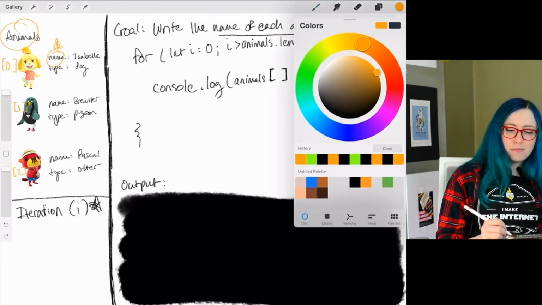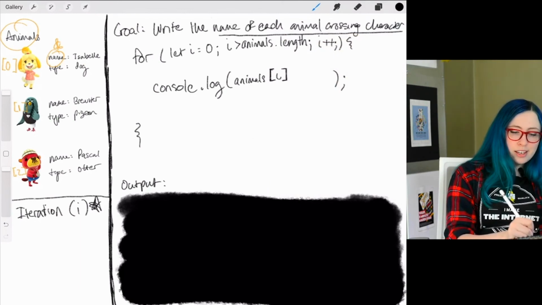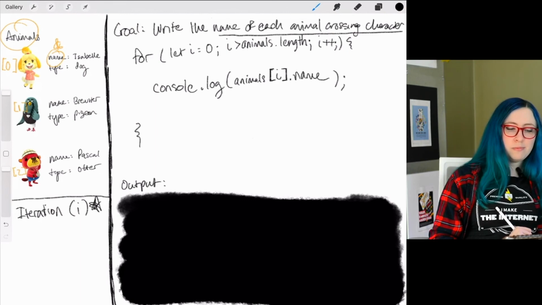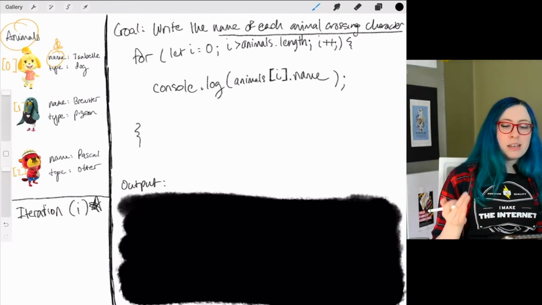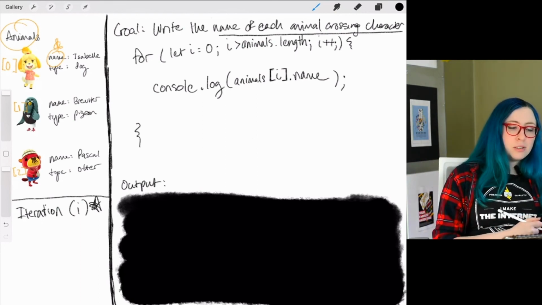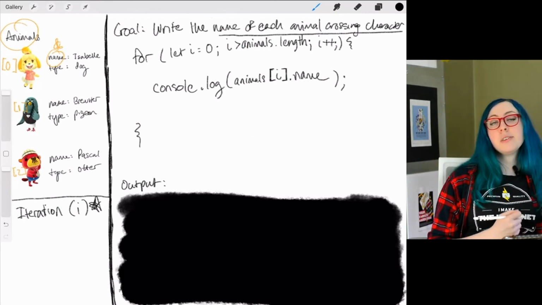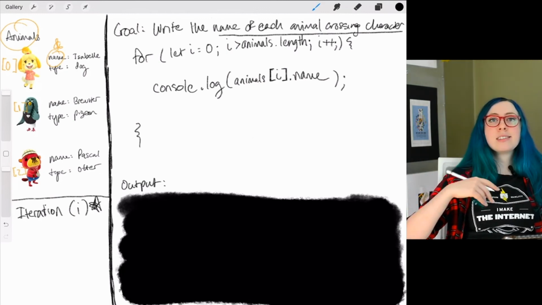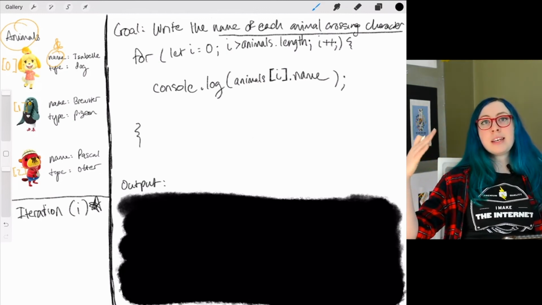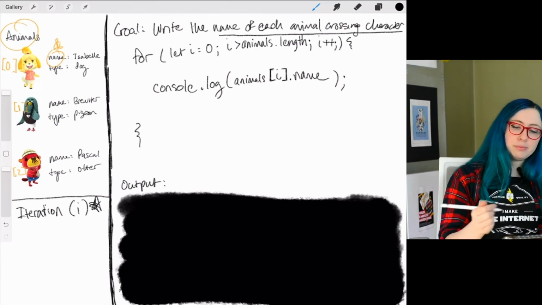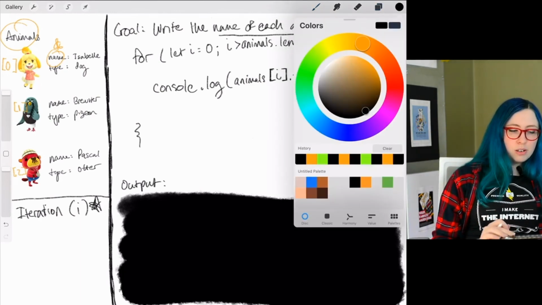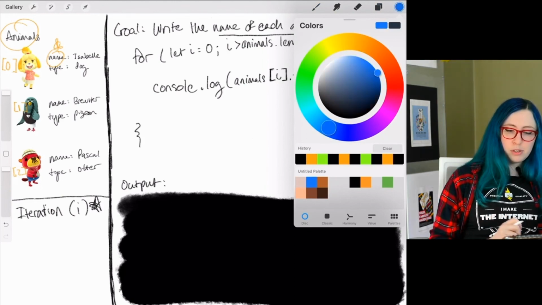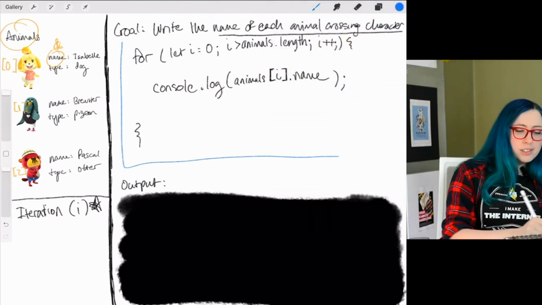All right, now that we know what we're doing, let's make that a real thing, I. And then dot name, again using that dot notation. So here, finally, we've achieved our goal: write the name of each Animal Crossing character to the log. Now I want to go through, one last time, and test this. Let's see what would happen if we ran this right now. So I am going to work through the loop one more time, and we are going to use blue to work through the loop. So here is our loop.